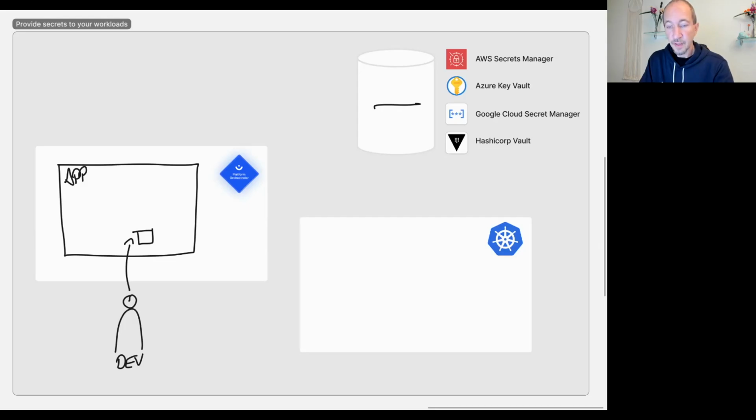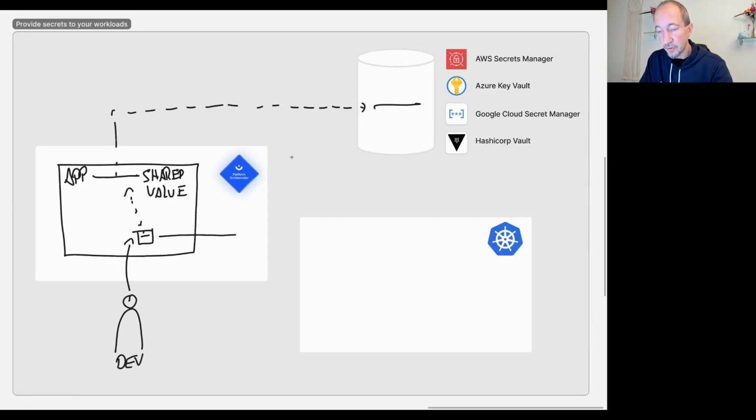Now, what you can do is you can create a so-called shared value in your application. So the shared value is some value that's going to be made available to all of the workloads of that application. The shared value can be a fixed string, or it can be a secret reference to a secret store that you have configured. As a developer, you can then reference this shared value, and at deploy time, when your workload gets deployed to your cluster, you're going to have this secret be injected into your running container, for example,